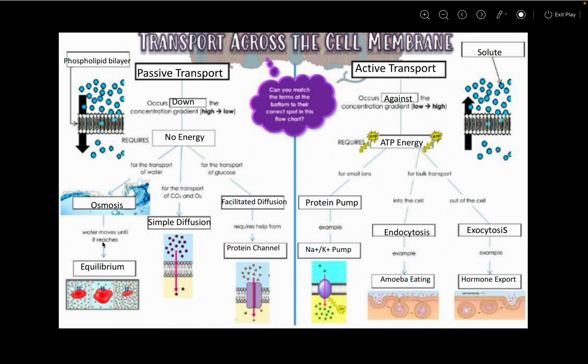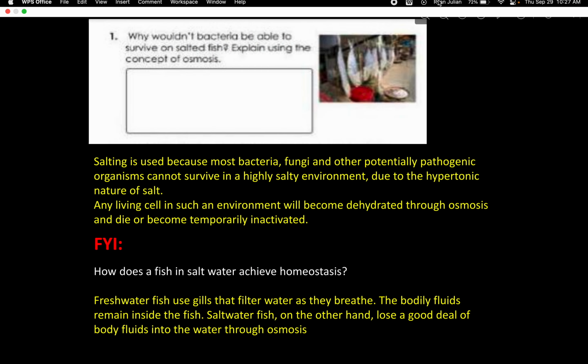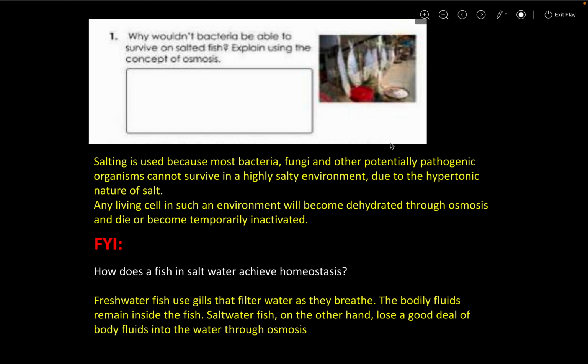Osmosis is involved in the movement of water until it reaches the equilibrium. And for the facilitated diffusion, it requires help from proton channel. Proton pump has Na plus and K plus pump, while some examples of endocytosis include amoeba eating, and for the exocytosis, hormone transport. Okay, and for our last pre-lab discussion for this morning,